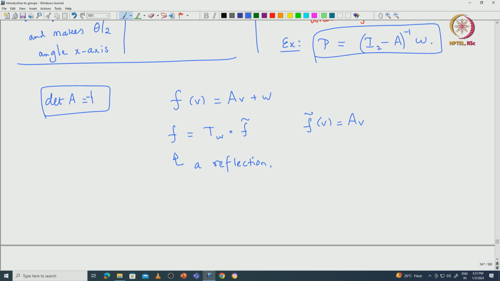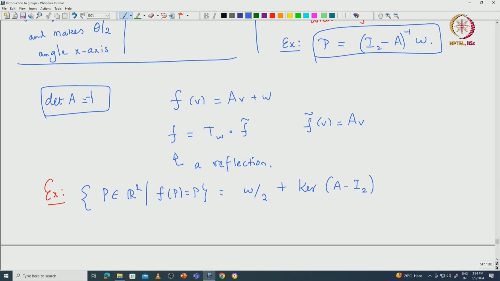Now, you can actually work it out. So, what will be the line with respect to which you will be doing the reflection? Of course, the line of reflection is going to be the fixed point subset of this R2, that is fixed by this f. Okay. So, basically the line of reflection is going to be those P in R2 such that f of P equal to P. So, I will leave it as exercise, you can just figure it out. So, this is going to be exactly equal to w by 2 plus kernel of A minus I2.